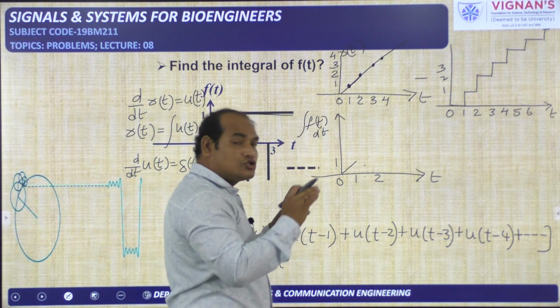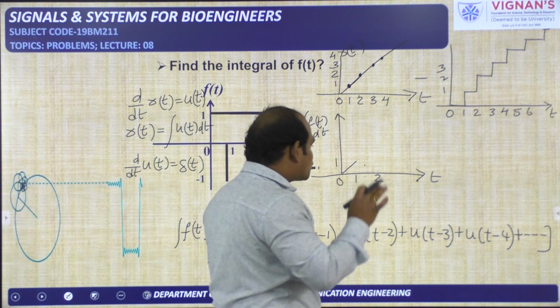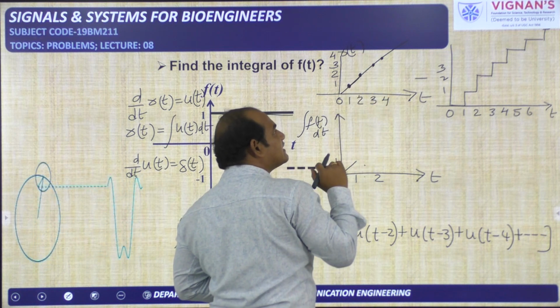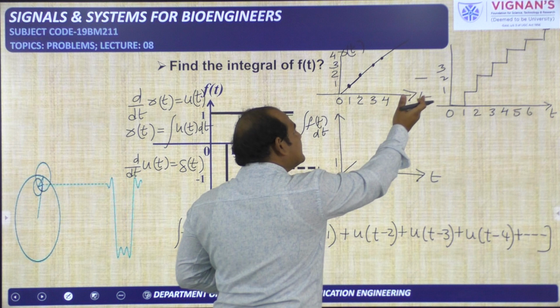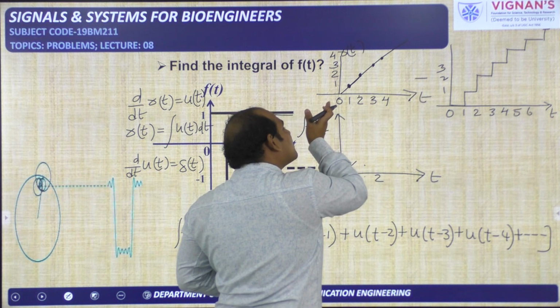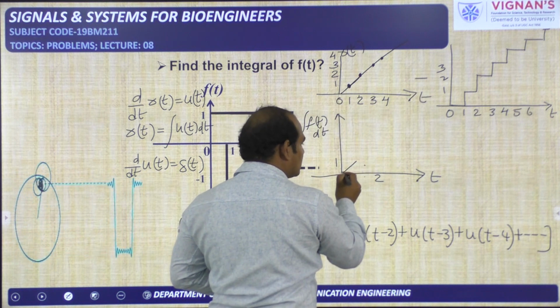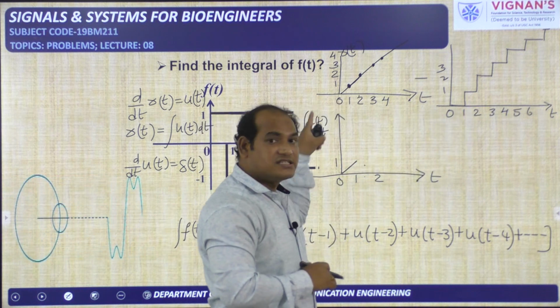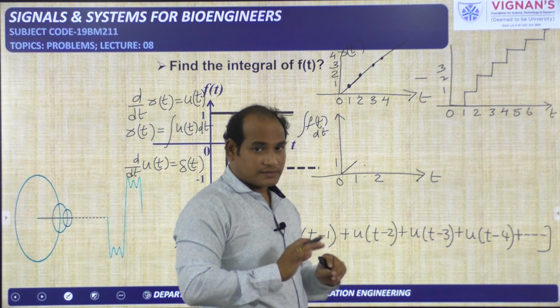So 1 minus 1 should be 0. So we have to say that from this signal we can tell that when t is changing from 0 to 1 it is rising from 0 to 1. So that we have satisfied. From 0 to 1 it is 0, that's why we have to see this signal only. So 0 to 1, that is over.